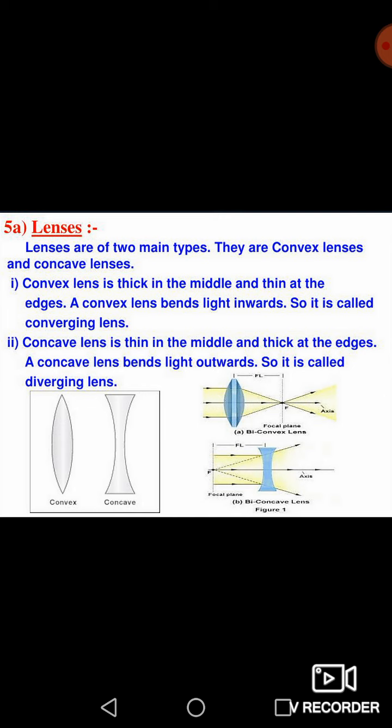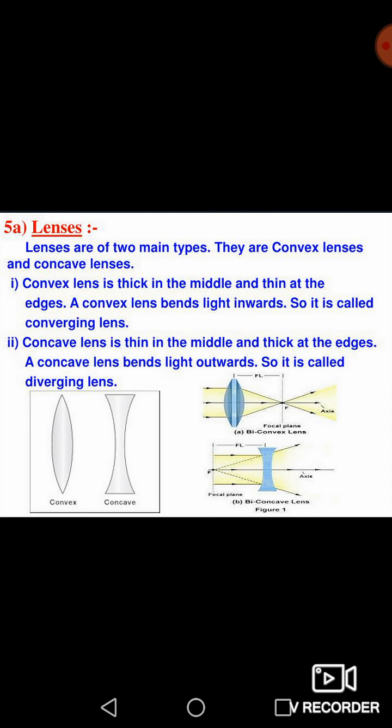These lenses are very useful. They are used in cameras, telescopes, microscopes and in spectacles. In fact, even when we are reading these lines, we are using the lens in our eyes to read these words. So, we can define the lens as a piece of any transparent material bound by two curved surfaces or by one curved and one plane surface.